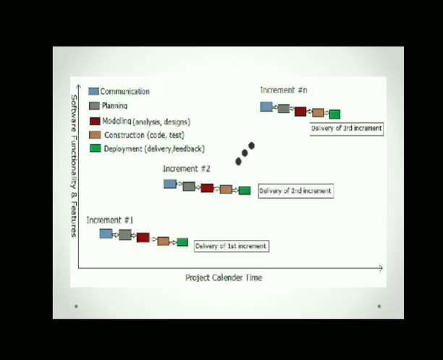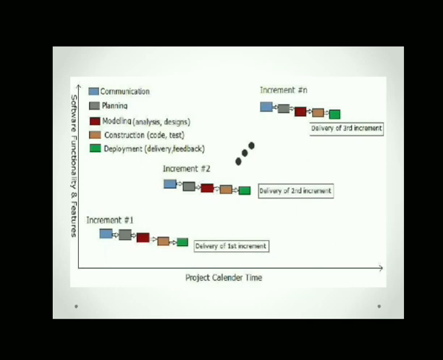So this is a pictorial representation of the incremental process model, showing how these processes are carried out. Basically, in the software process model, there are 5 development phases. That means the software development life cycle includes 5 phases. The first phase is communication. The second phase is planning. The third phase is modeling, the fourth is construction, and the fifth is deployment.